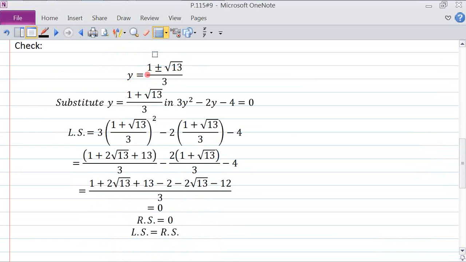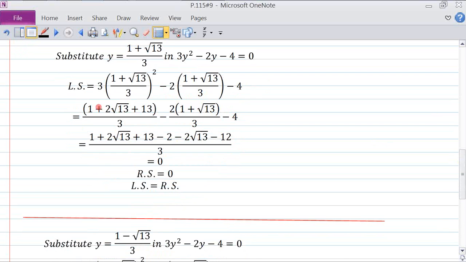We're going to put the y1 back into the 3y squared minus 2y minus 4 equals 0. So that's what we got for y. Disregard this little square here. Don't worry about it. It's not important. And so on the left side, we have 3y squared. We have replaced the y with 1 plus root 13 over 3, minus 2y, minus 2. Here's the y right here. And this minus 4 is this. So we're looking at the left side of this equation. And when we work this out,